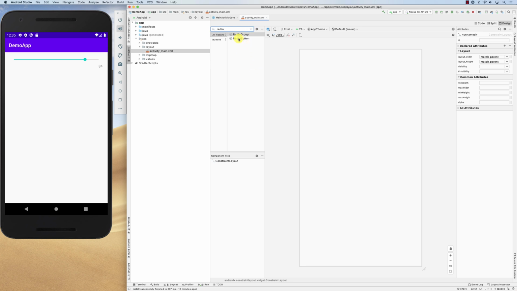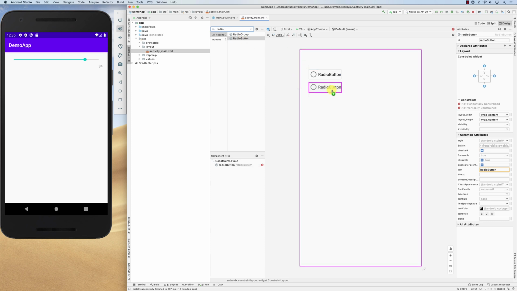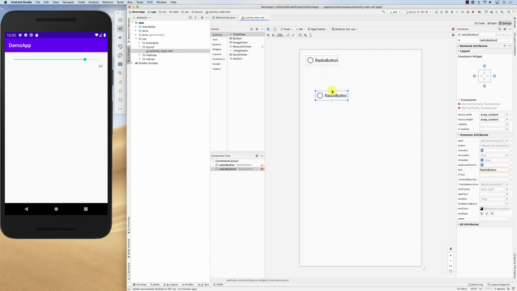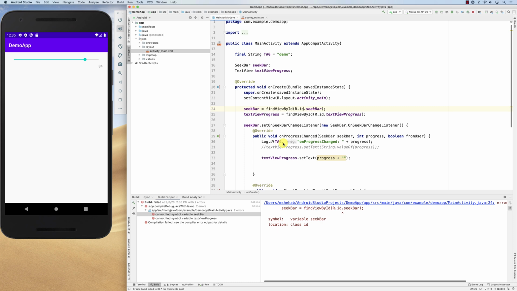So basically what's a radio button? It's just a simple radio button. Let's add some radio buttons just to show you what that is. Here is another radio button. If you have two radio buttons, let's say we anchor this one to the top and this to the left, and then the same story, we add this one under it and just to the left. Now the issue is, if they are not in a group, this means they are two independent radio